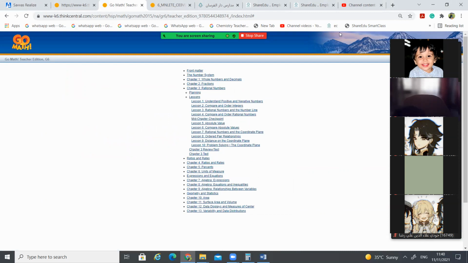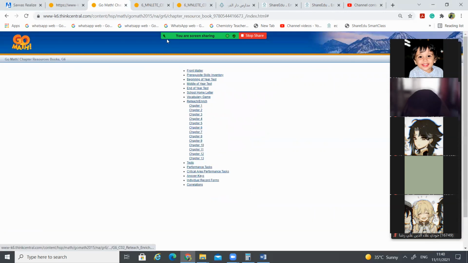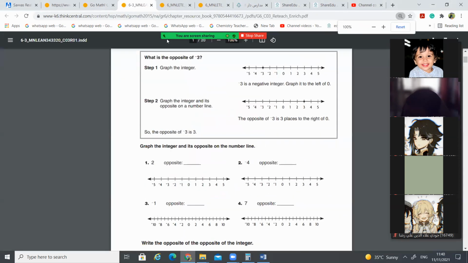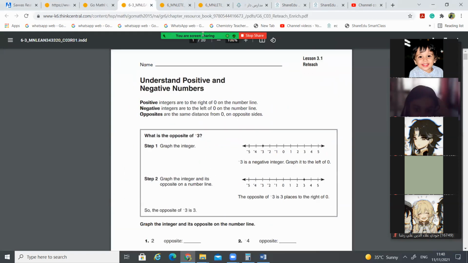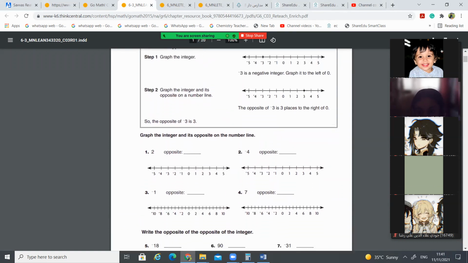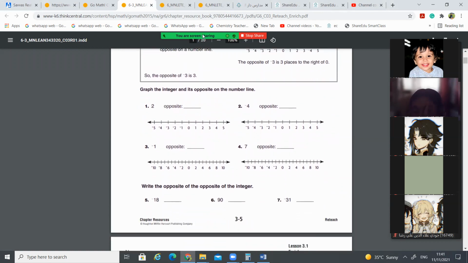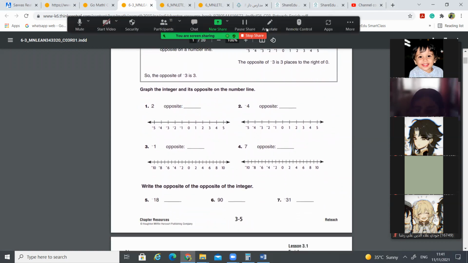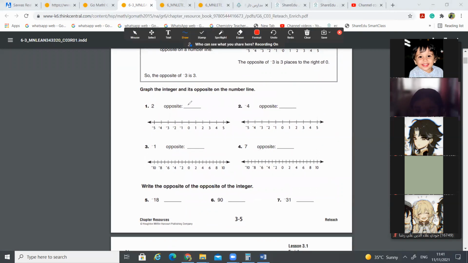Understand positive and negative integers. Numbers, sorry, numbers or integers here. Give me a moment. So yes, we have this right. Graph the integer and its opposite on the number line. Come on, I'm not going to revise it with you because you know it very well. I'm not going to ask you to graph it, but I will ask you just the